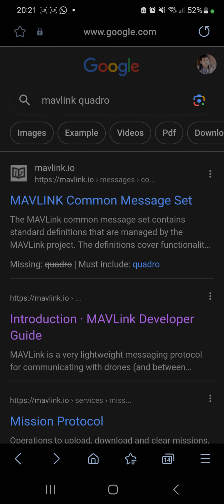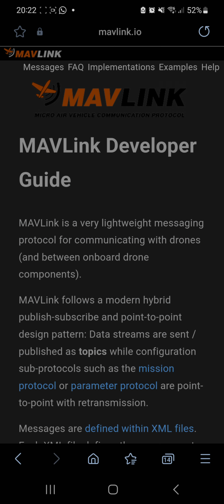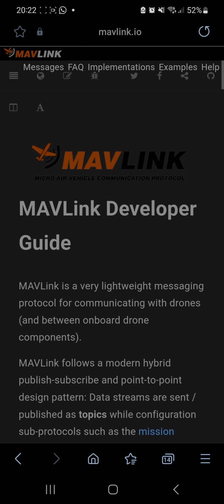So here is an overview of how to use a third-party library. I take an example from MAVLink directly. So each third-party library or SDK has a structure in its documentation, and there is a